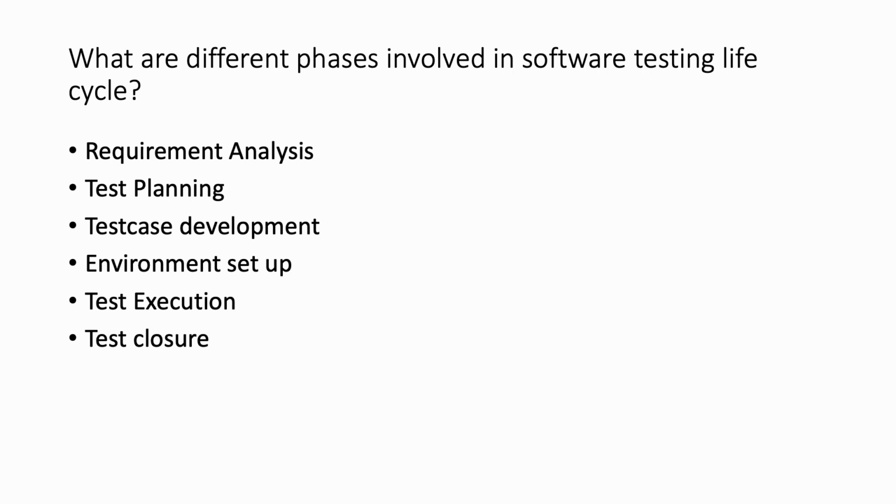Suppose there are not enough resources to execute. Those are the kind of risks that we can identify, and that can be considered during test planning. And if there are major issues, blocker issues, that we cannot proceed, in that case also we must stop the test case execution. Those things I will also cover in my later sessions. These are the main phases, different phases of software testing lifecycle, or STLC.